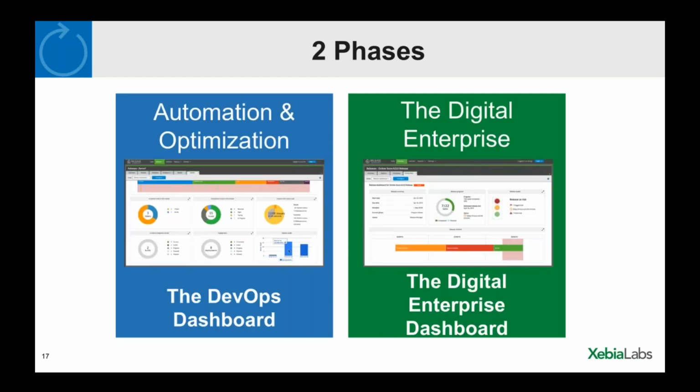So those are the two phases, and what I'd like you to do is imagine a dashboard for each of those, right? If you are in this first phase and you're thinking about that automation and optimization phase, there's going to be what I'll call the DevOps dashboard, right? These are certain metrics that you can measure that are going to give you insight into how you are improving on that side of the process. Then the second part that I want you to imagine is what we'll call the digital enterprise dashboard, where there are certain metrics that you can look at as well that are going to help you illuminate what's happening on that other part. Is your business actually achieving its value through the use of good software?